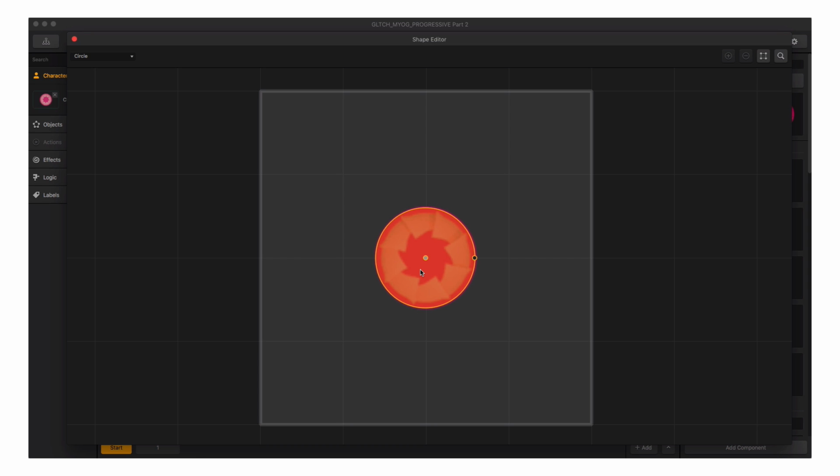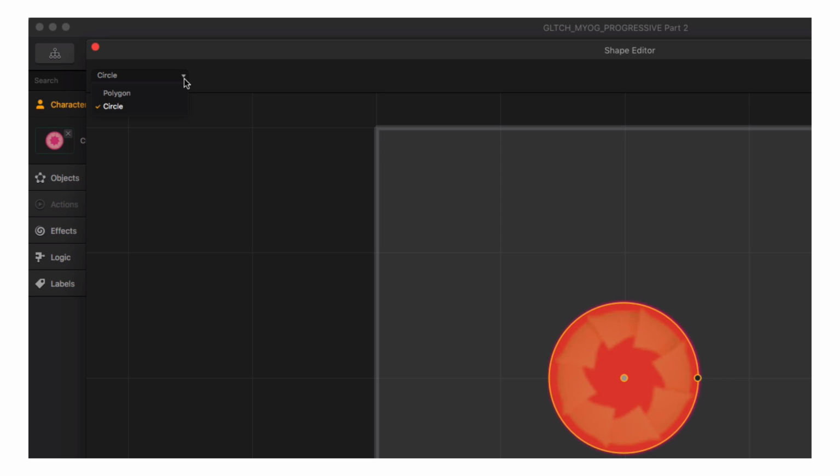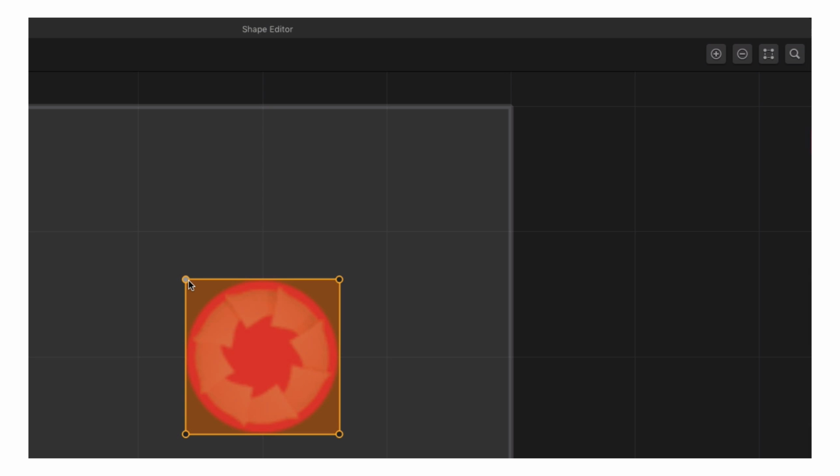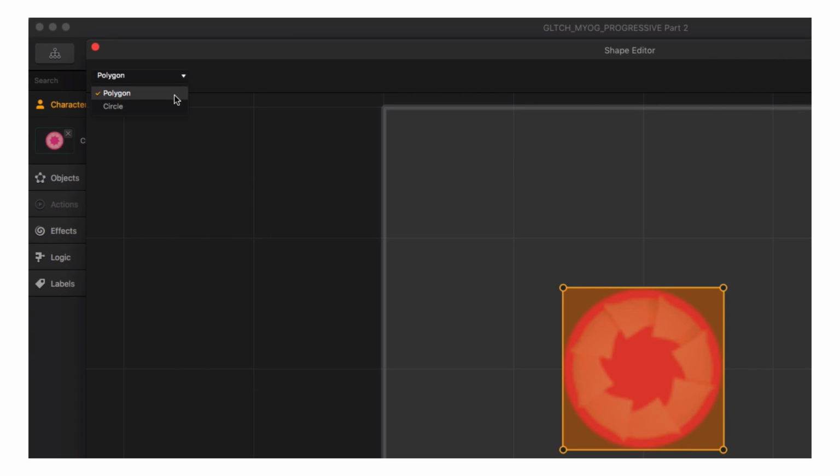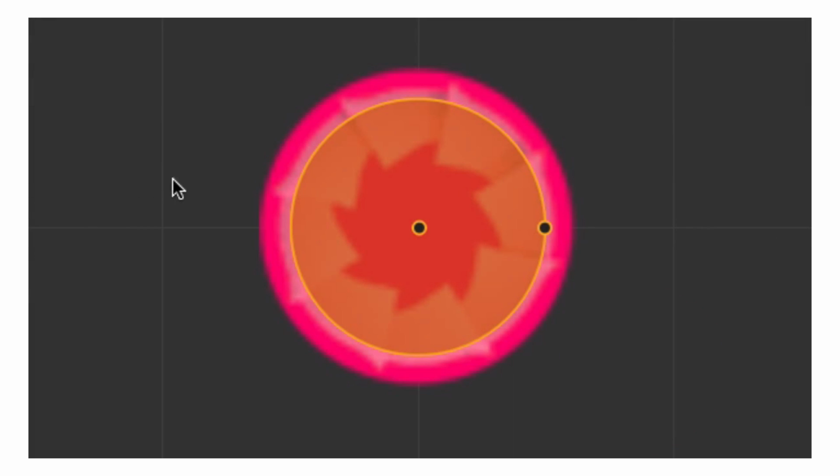But what if in video 1 we had dropped in a square graphic for our character? Let me just show you some of the options in this collision shape editor. In the upper left is where we can choose between a polygon shape and the circular shape we have now. We can move the points around to get a more precise fit. We can add points. We can subtract points. And we can reset the image if we've got it all messed up. So let's go back to the circular shape and use the middle handle to move it around